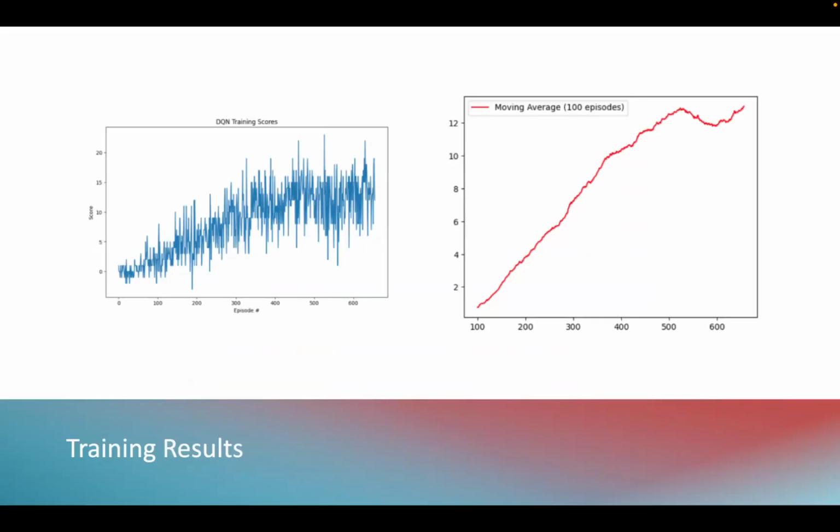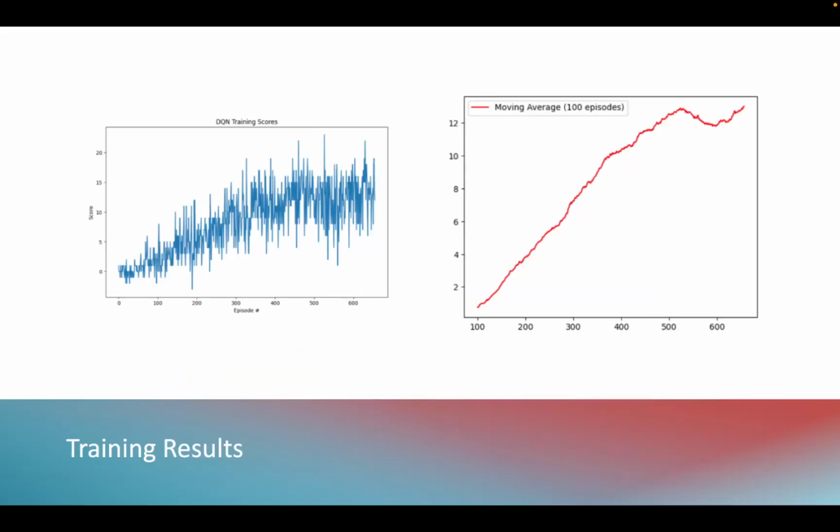So here are the main talking points for my training results. First, let's look at the moving average. This graph shows the moving average score over 100 episodes. As you can see, the agent started with very low performance, averaging only about 1 point per episode, or